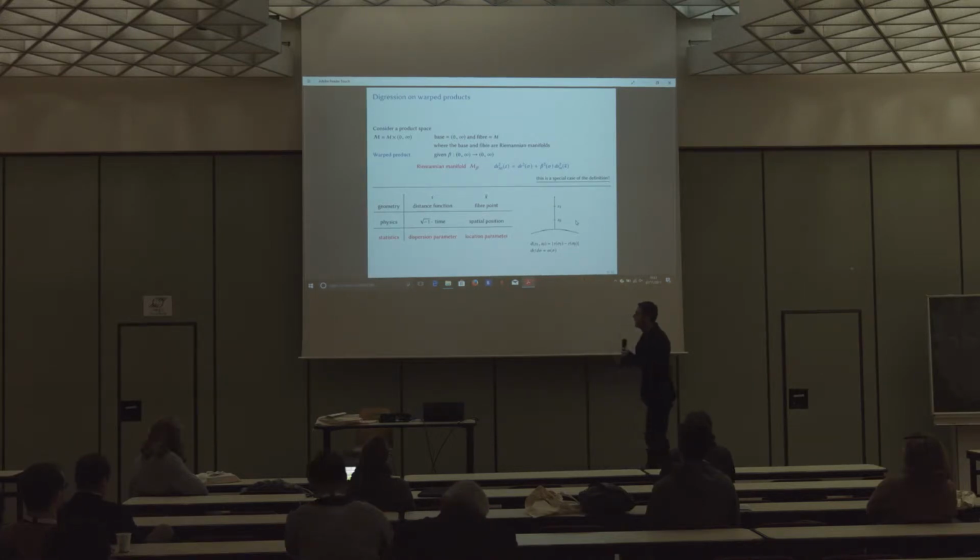Let's look at this table, though, which is quite interesting. As I said, warped metrics appear in geometry and in physics. And then the quantities r and x bar have different interpretations. For instance, in geometry, r is a distance function. It's the solution of a Hamilton-Jacobi equation. And x bar is a fiber point. Well, in physics, you have some other interpretation too. And what we would like to see is a new vision of warped metrics, which is a statistical vision, where r means dispersion and x bar means location. So we introduce a statistical vision of this mathematical object.